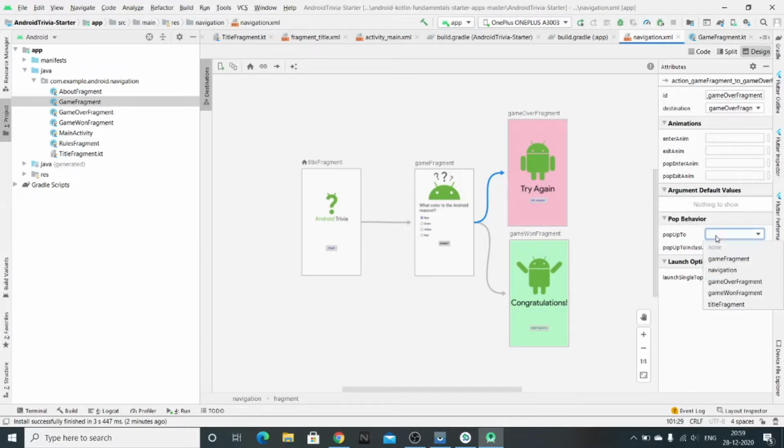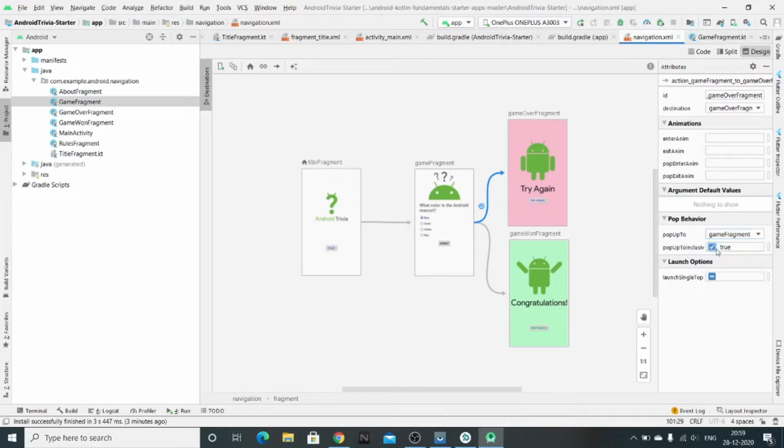Here, what popUpTo will do is that when you press the back button, it will pop everything and you will land upon the fragment that you have defined here. Like if I select game fragment, when I press the back button, I will be landing on this popUpTo fragment. And here you can also see that we have popUpToInclusive.